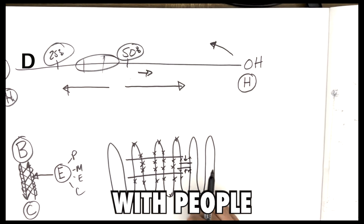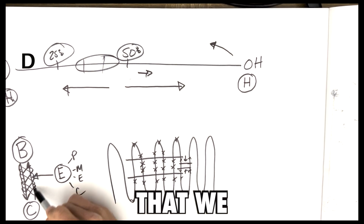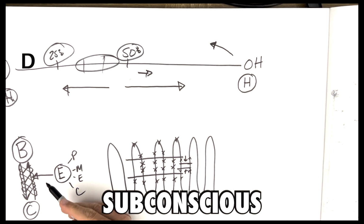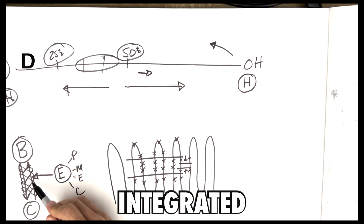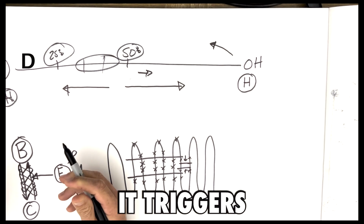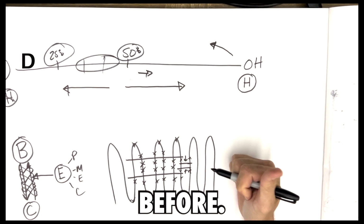And what we always share with people is that if we have had past traumas, past experiences that we have not fully integrated, the nervous system runs on 95% subconscious patterns and subconscious programming. So if we haven't integrated this stuff from yesteryear, it's almost as if this experience comes in, it triggers these old responses that we haven't been able to process. And before we know it,